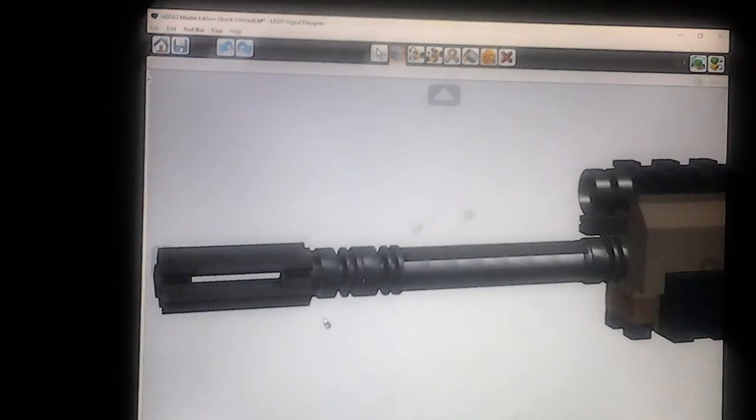Barrel, super detailed. I love what I did with the barrel. I used the tire rim pieces here to give this a little bit more